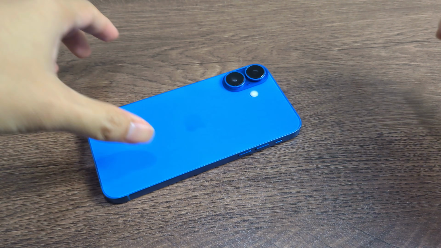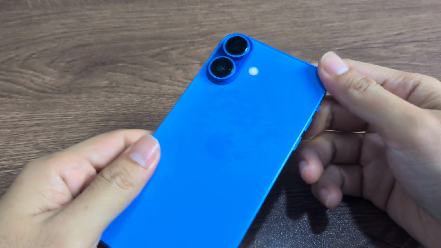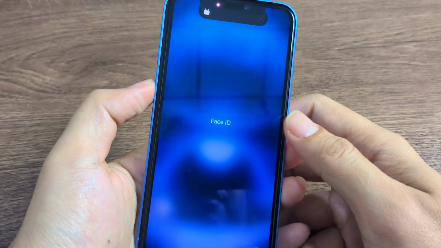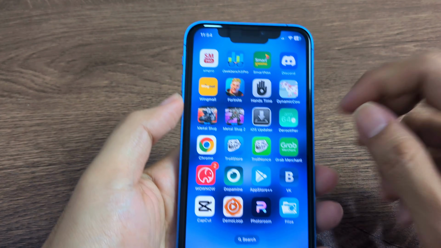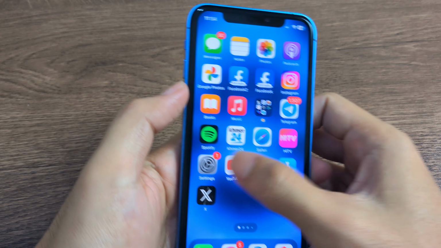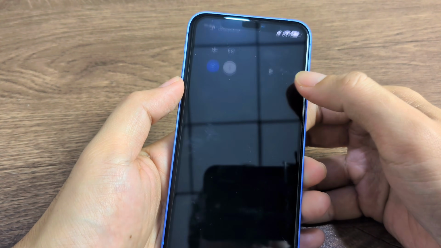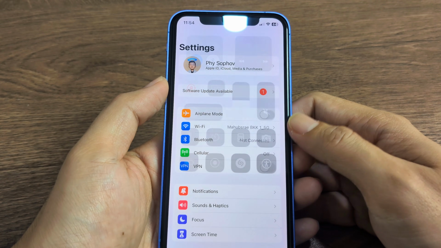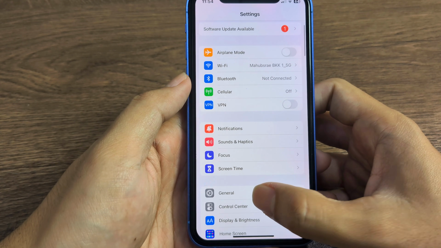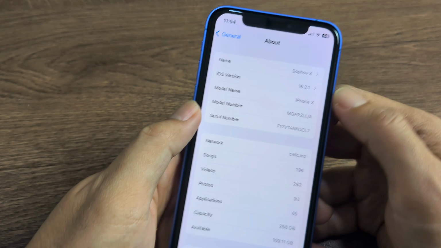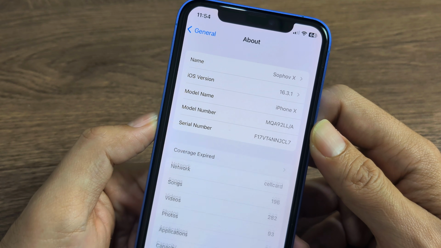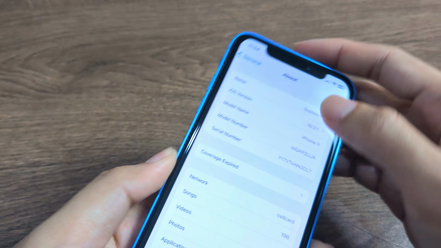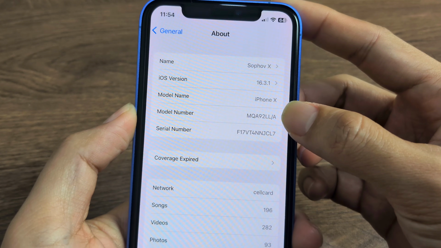Hello guys, in this video I will show you what's on my iPhone 16 on iOS 16. Just kidding. This is iPhone 10. In Cambodia we call it iPhone X, and it is on iOS 16. iPhone 16 on iOS 16. iPhone 8 model